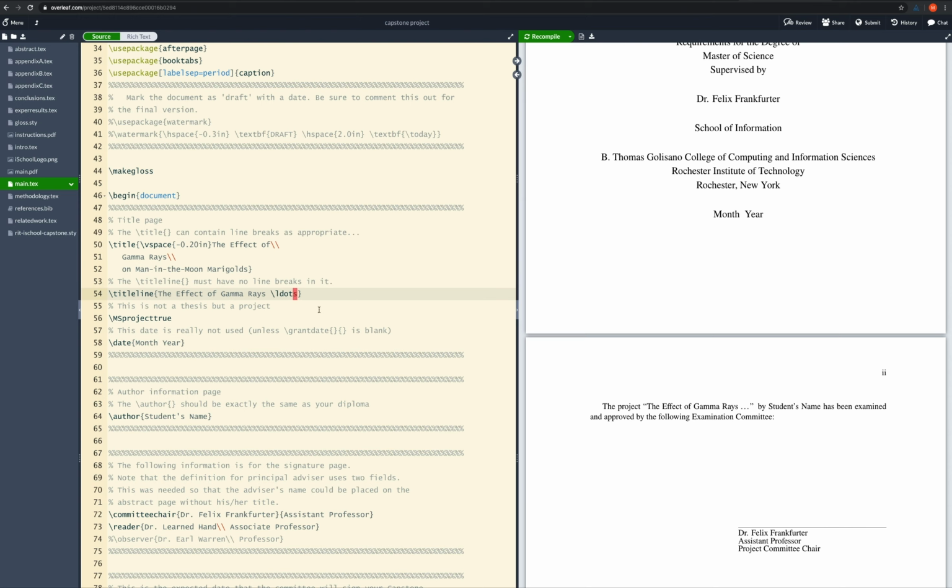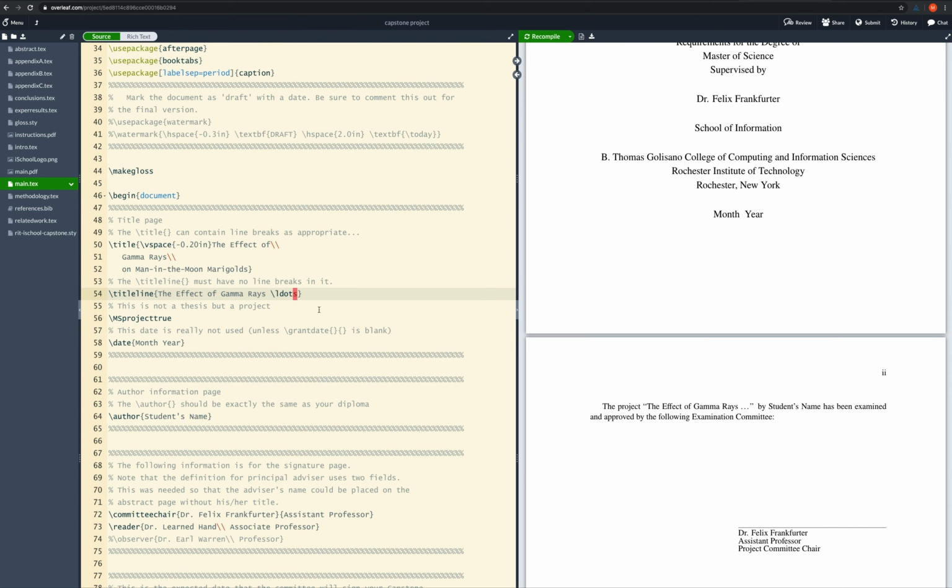So every time I make some little change, I can recompile this and see if I made a mistake in the name, or in whatever it is that I did. So there's a place for you to put the committee chair and the committee chair's title. There's a place for you to put the reader. There isn't a special place for the reader's title, so you can do a line break followed by the reader's title. And then if you have a third committee member, there's provision for that, but you would have to